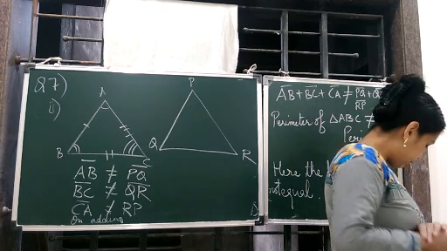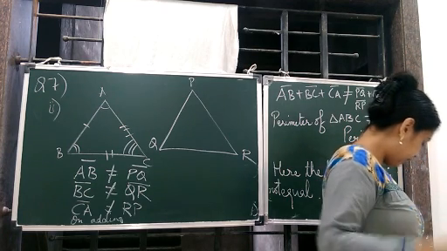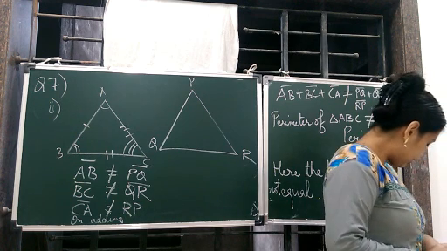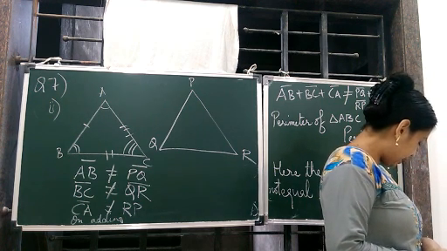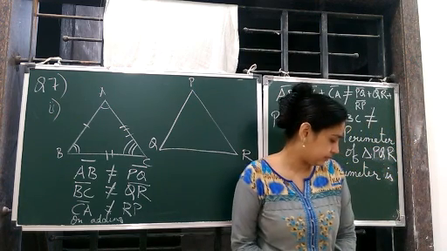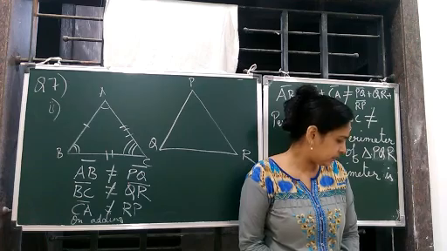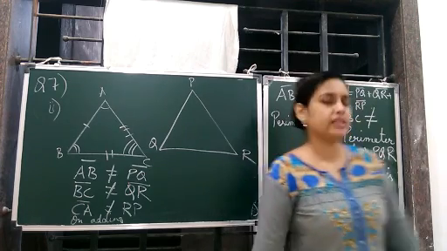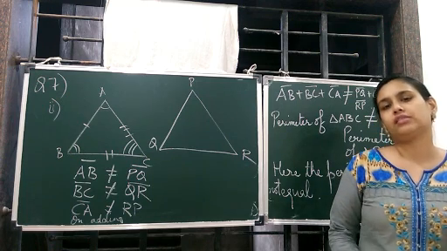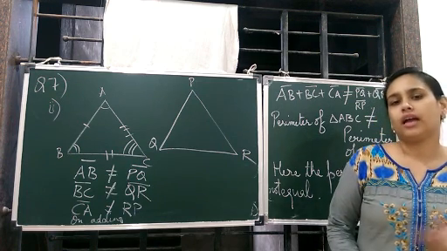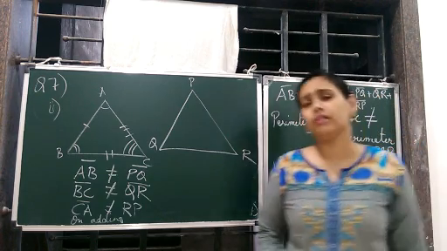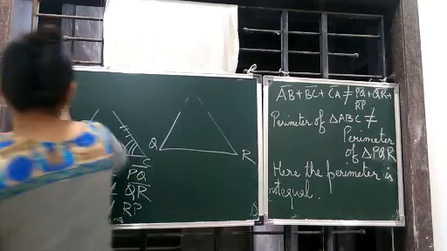So this completes question number 7. Then we have to start with question number 8, children. Question number 8: draw a rough sketch of two triangles such that they have 5 pairs of congruent parts, but still the triangles are not congruent. Means their sides and angles are equal in five pairs, but still the triangles are not congruent. So let's do that.